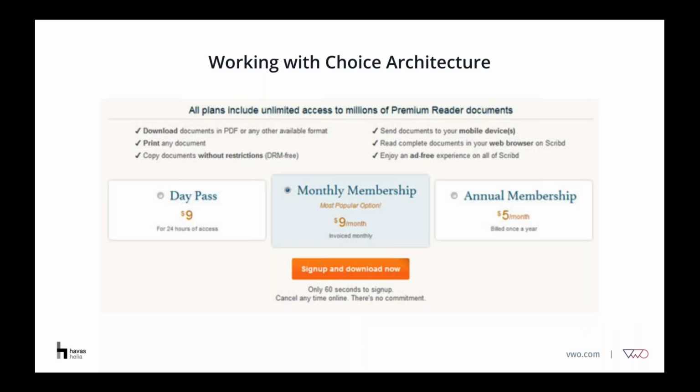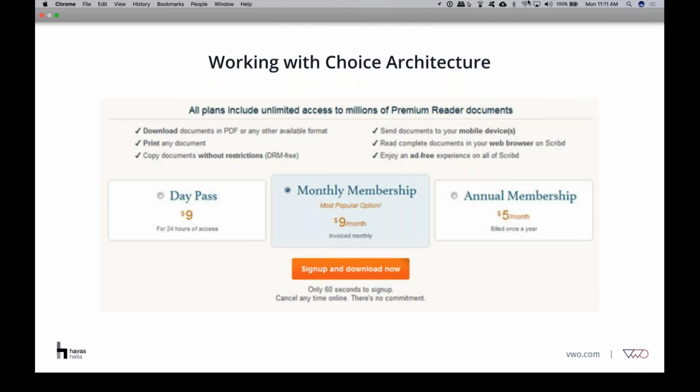Now, putting that into a business context, here's an example of the website Scribd. They have three different subscription models, and if you can see, all three models are segregated on the time period. If I break down those components of choice architecture and explain how different things are working here, you can see the first part where they have highlighted one plan, which works as an anchor for visitors and users to see that this is their most popular plan.